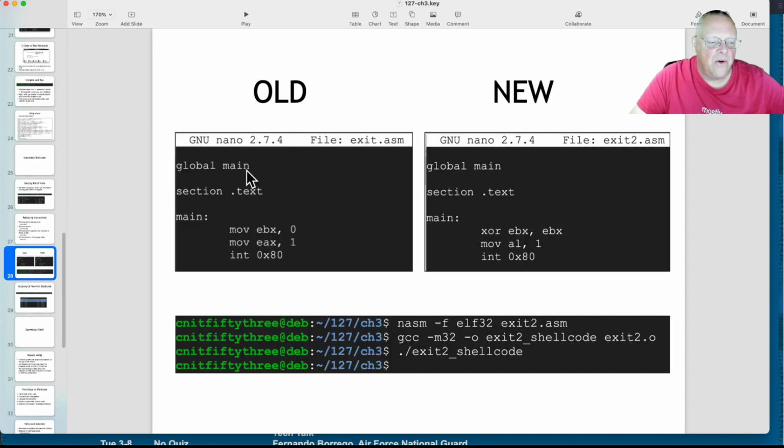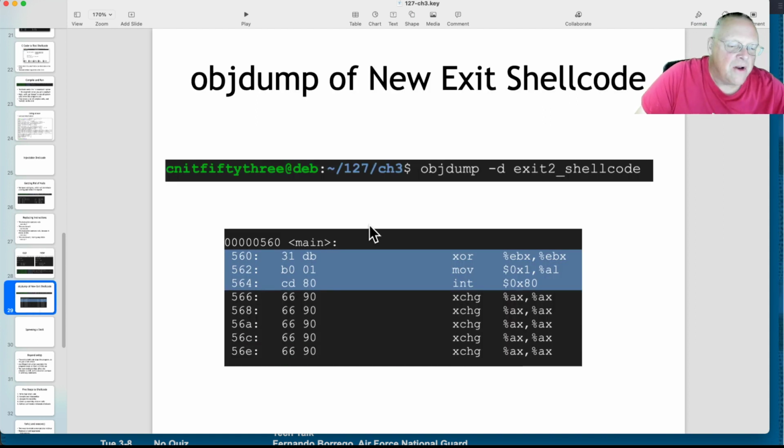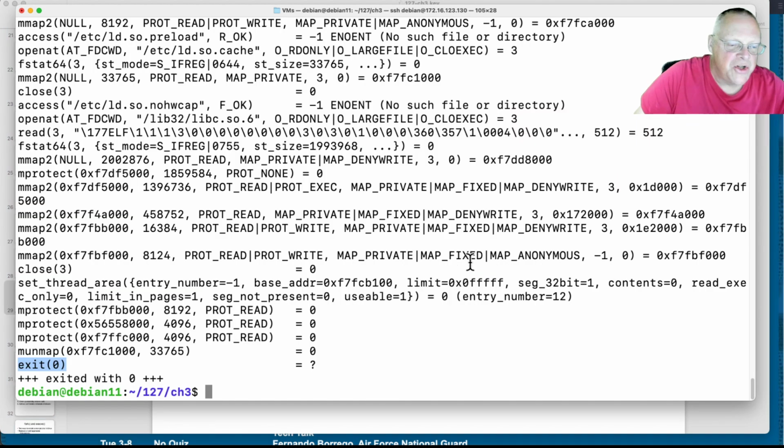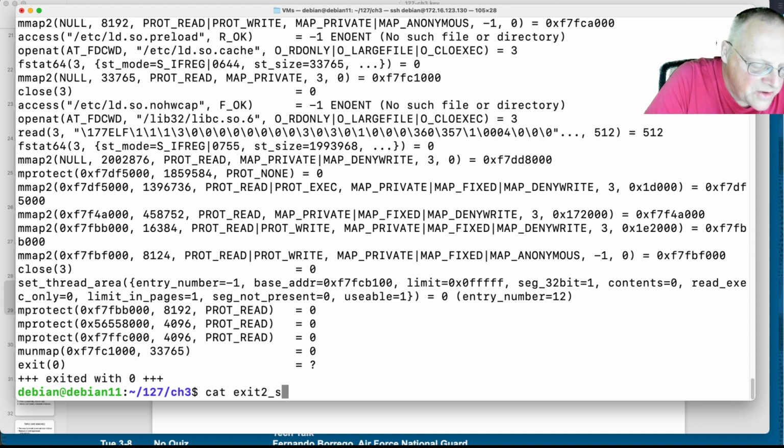And so the old shellcode was this: move EBX, 0; move EAX, 1. And we changed that to XOR EBX, EBX, and move AL, 1, and then int 0x80. And that creates exit2 shellcode, which works the same way. And if you look at what's inside there, we can do it with objdump. So I made, if I cat exit2 shellcode,